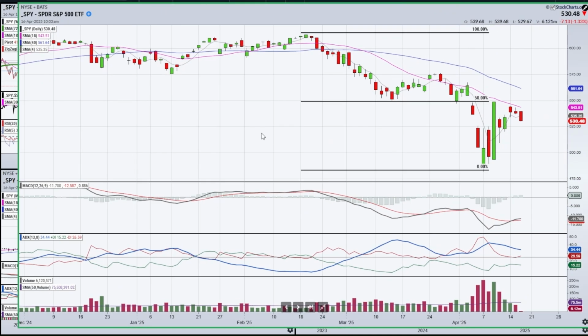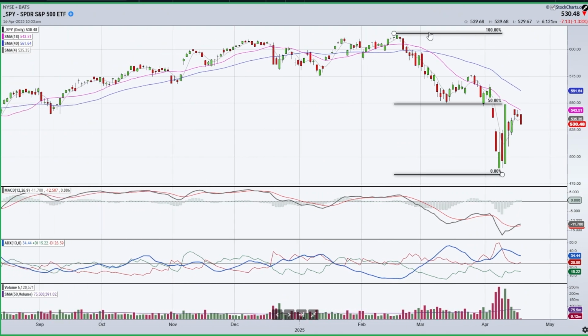So if I go to the Spider and I do this 50% retracement line from the peak to the low and the rally back up, it's not exact, but it's pretty close. It came back up and essentially tested the 50% line and failed. So we know that the bears are still kind of in control here because it wasn't able to get through